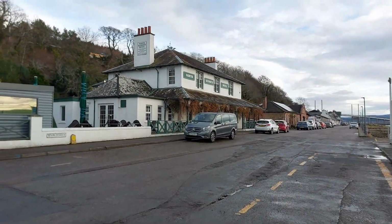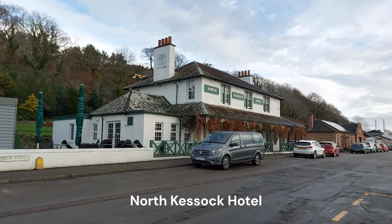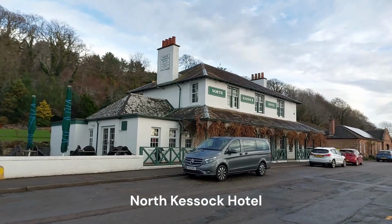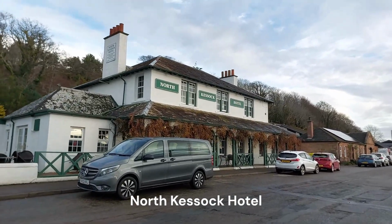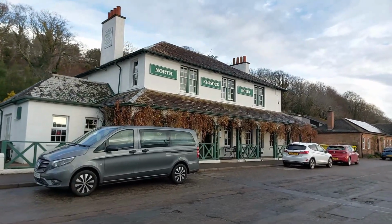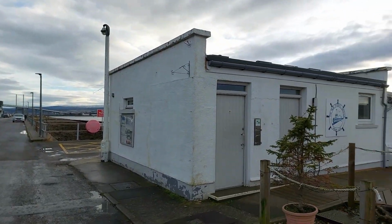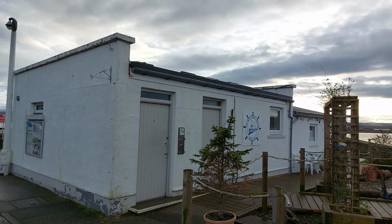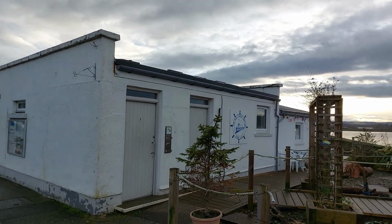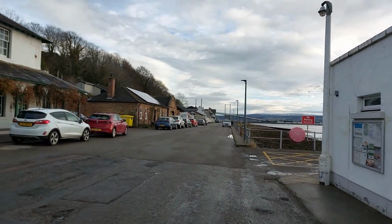So there we go, there's the North Kessock Hotel. And that's quite a popular place. I've never been in there personally, but I have heard of good reviews. So if ever you're down in North Kessock, that's one to pop into, isn't it? Now that used to be the old ticket office just on the right there. The old ticket office to the ferry, but now I think they're just used as toilets. But we'll just take a look past that,